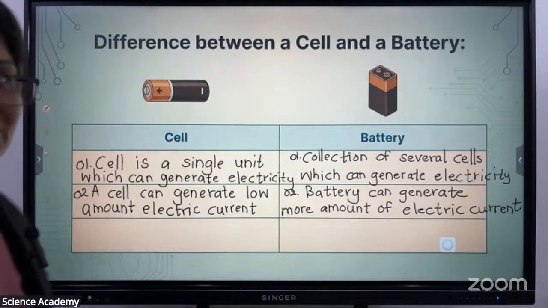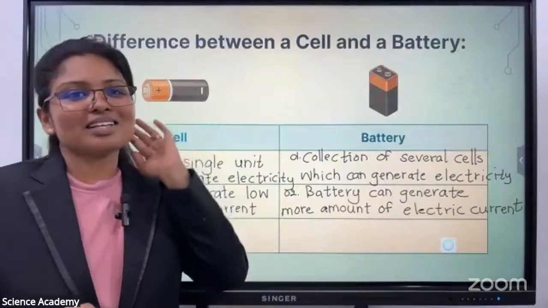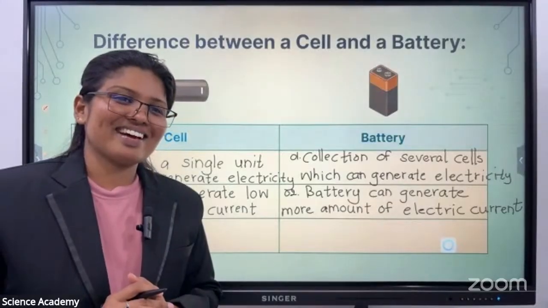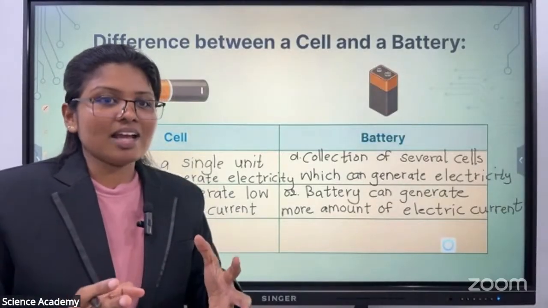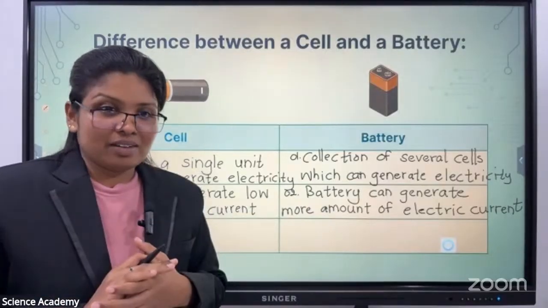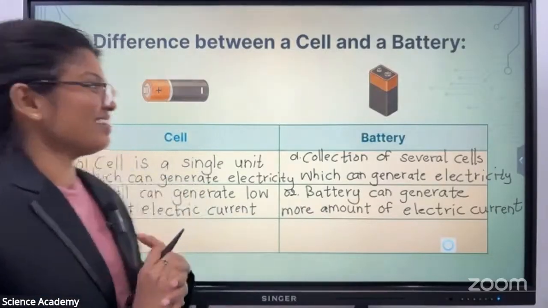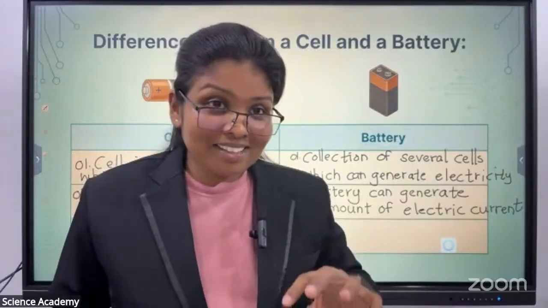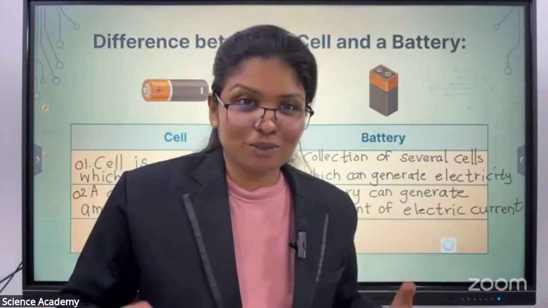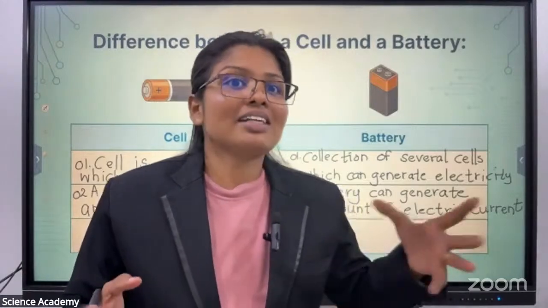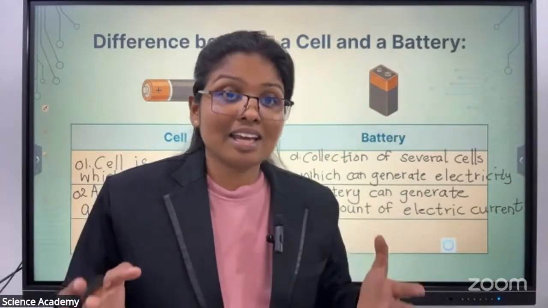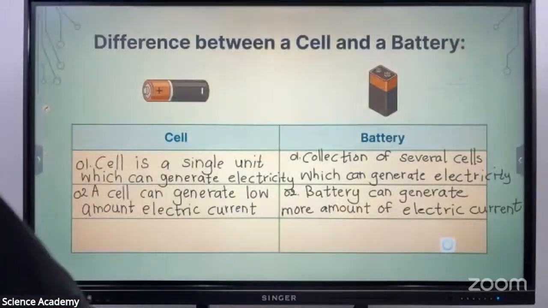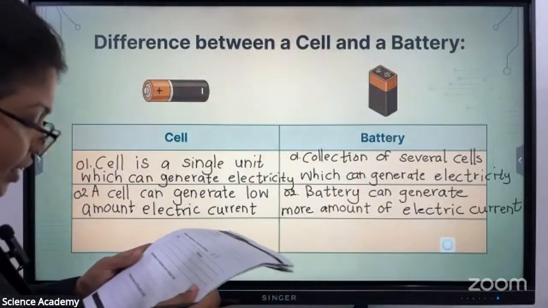All right. So children, next we are going to discuss what the advantages of a battery are over a single cell, right? What are the benefits of a battery rather than a single cell? Okay, children? All right. So now you already know that rather than a single cell, a battery is more effective. Rather than a single cell, a battery can generate more electricity. We can obtain more electricity than from a single cell, right? We'll quickly write it down on page number 7, right?